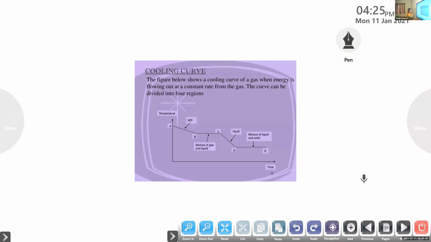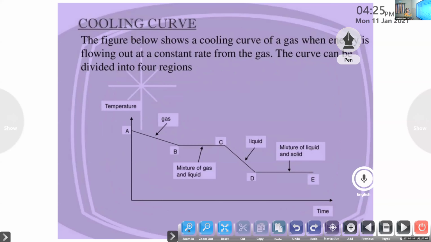And this is cooling. Once it has fully turned into gas, you can see the graph is now decreasing. Before it was going up, now it is decreasing. So, this is known as the cooling curve. From the gas turning into liquid, again that process, liquid, then a mixture of solid and liquid. So, this is the cooling curve of a gas, maybe water vapor. You can write the example, water vapor.